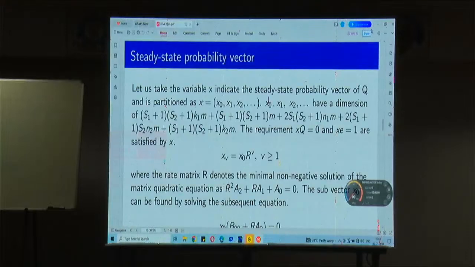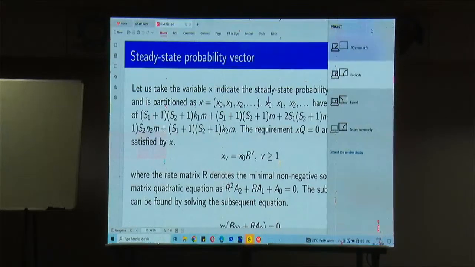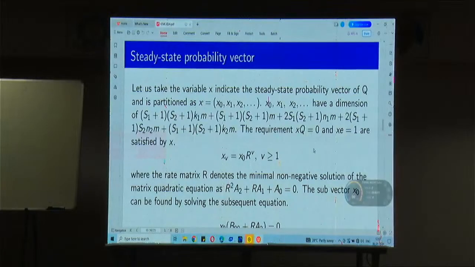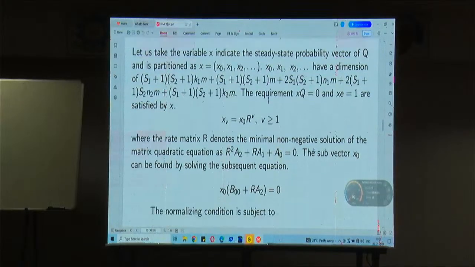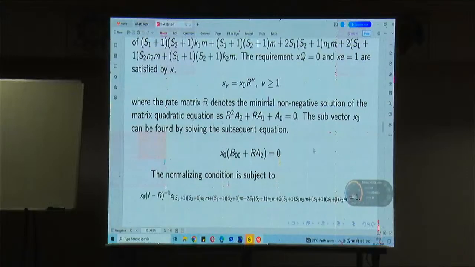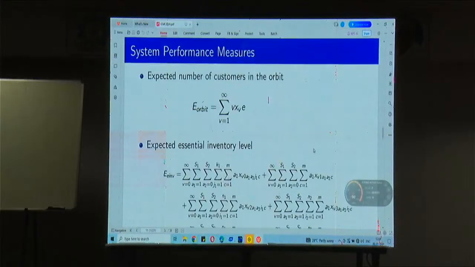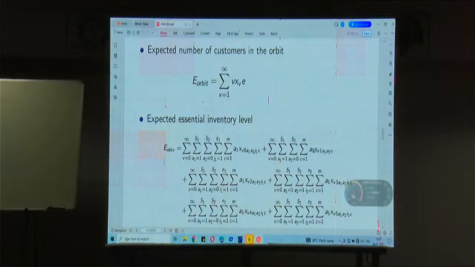Next, steady state probability vector. Let x be the steady state probability vector of Q, partitioned into x0, x1, x2, etc. The requirements xQ equals 0 and xe equals 1 are satisfied by x. x_v equals x0 times R to the power v, where R is the rate matrix, the minimal non-negative solution of the quadratic equation R squared A2 plus R A1 plus A0 equals 0. The subvector x0 can be found from the equation x0 times (B00 plus R A2) equals 0 and the normality condition. System performance measures: expected number of customers in the orbit, expected essential inventory level,